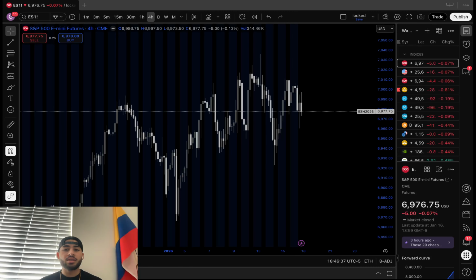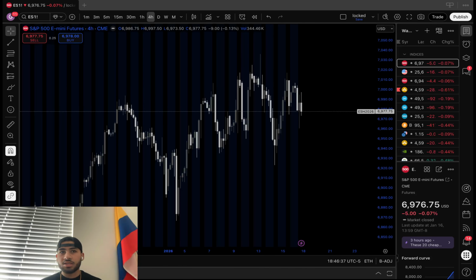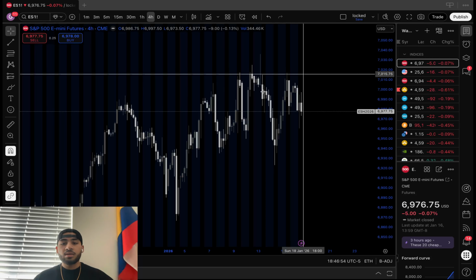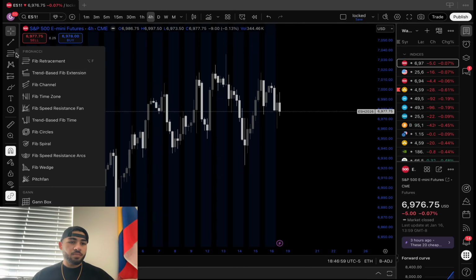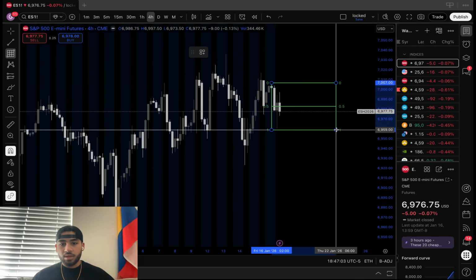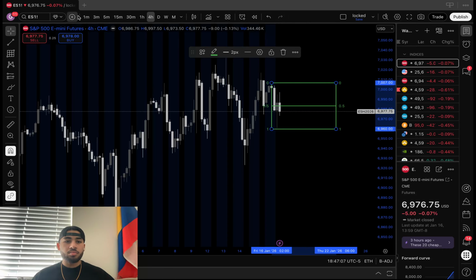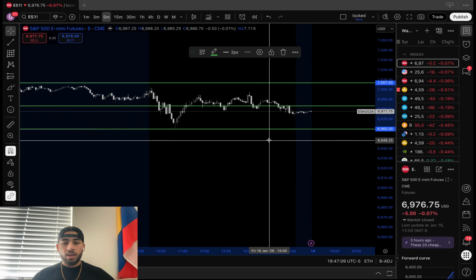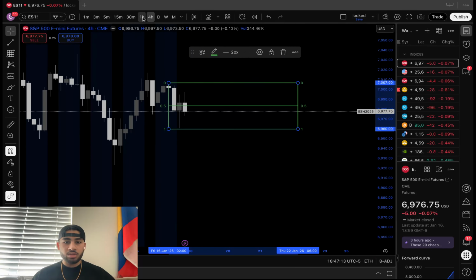I like checking the higher time frames, daily, 4 hour, 1 hour, marking everything out: highs, lows, all that. And then I like going to the daily. I like marking out equilibrium from the most recent high and low. For example, we have a high right here, we have a low right here. Boom. When we entered into the bearish EQ right there, and then I like scaling down one by one.